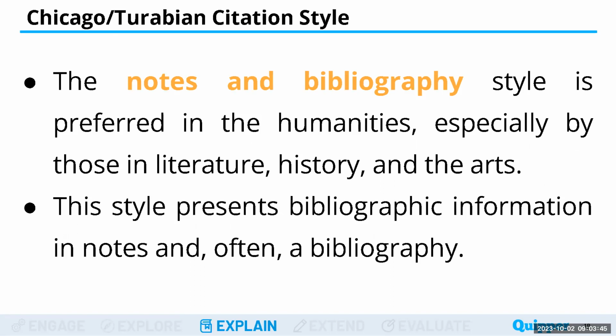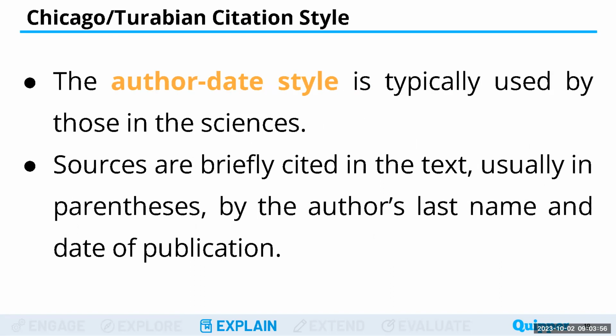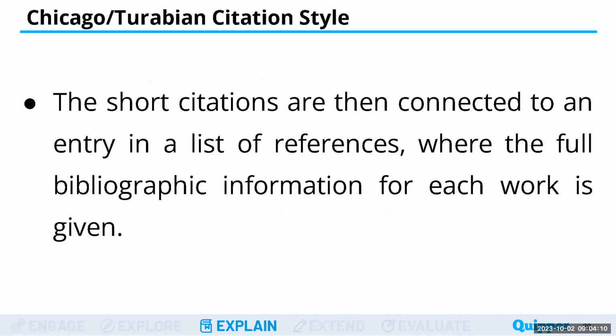The notes and bibliography style is preferred in the humanities, especially by those in literature, history, and the arts. This style presents bibliographic information in notes and often a bibliography. The author date style is typically used by those in the sciences. Sources are briefly cited in the text, usually in parentheses, by the author's last name and date of publication. The short citations are then connected to an entry in a list of references, where the full bibliographic information for